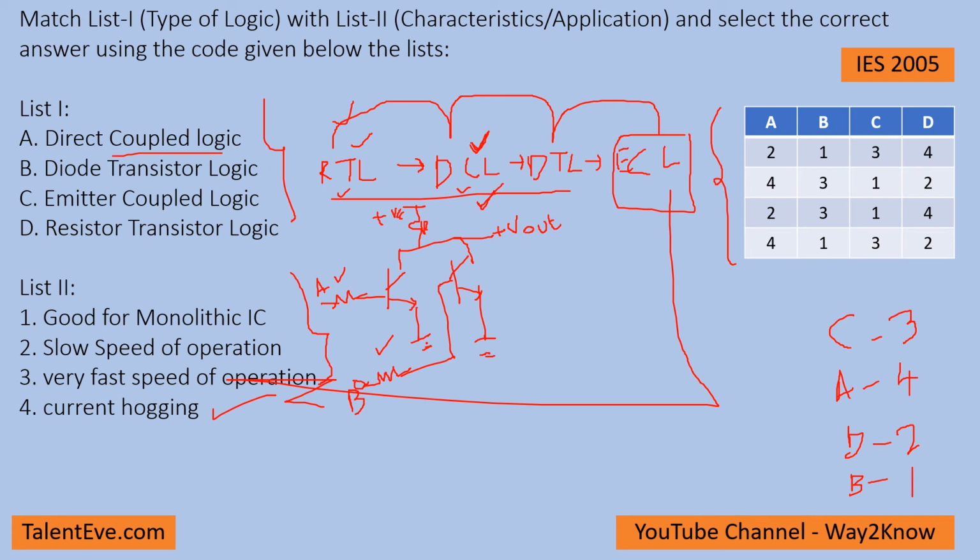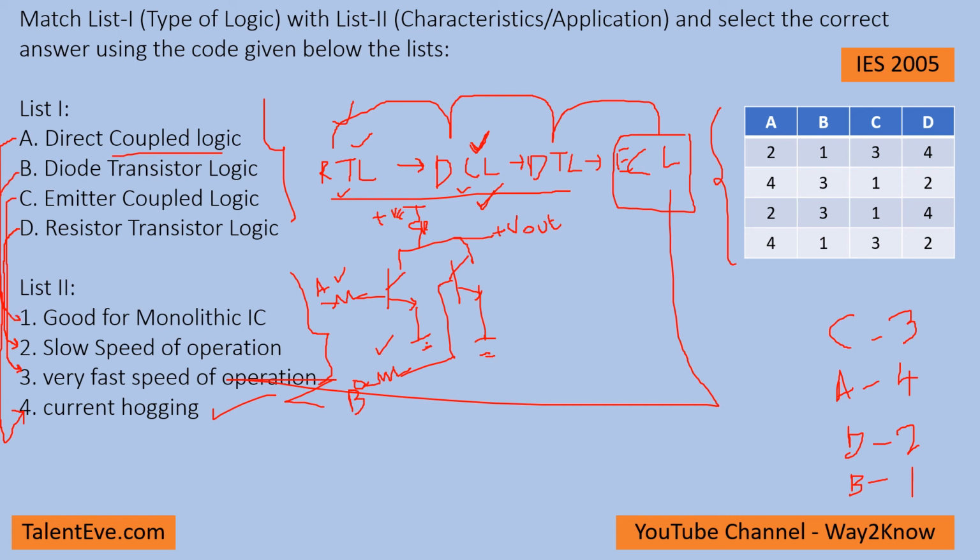So this is how basically the gates are mapped. So emitter coupled logic has the very fastest speed of operation, and then resistor transistor logic is the slowest among all, and direct coupled logic has an issue of current hogging, as we mentioned, and diode transistor logic